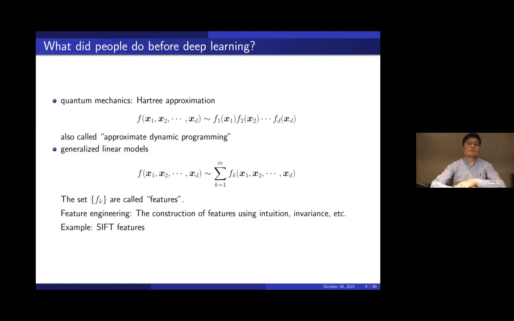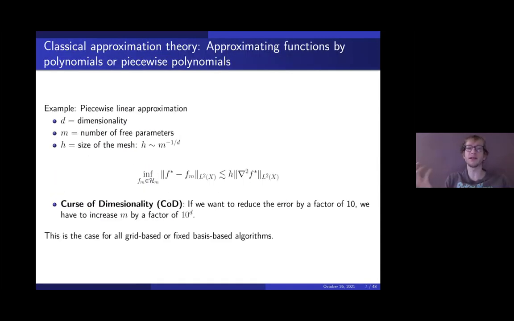Now, just a question about the COD. Is it because that's the best inequality we can prove? Or is it because that inequality is actually quite tight and we have counterexamples that show this is really the best you can do? This is really the best we can do. We can actually show that this is almost equivalent. I see. Thank you.